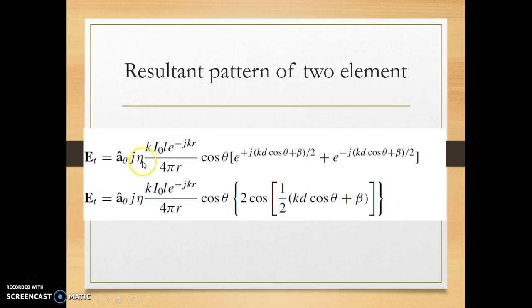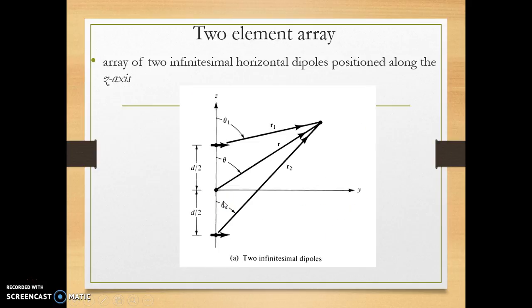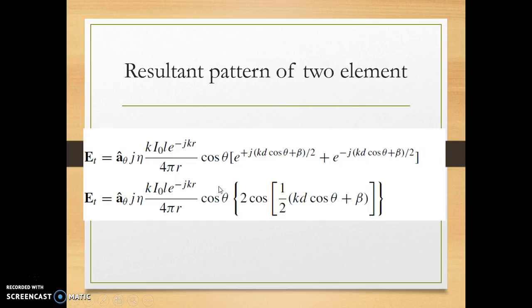So when we look at the present case of the horizontal, we will conclude that the total field will be given by K times I0L e raised to minus jkr divided by 4 pi r cos theta, where theta is the angle subtended here between a line joining from point of consideration to the origin and the z-axis, and the distance r is the distance from point of consideration to the origin, which is a middle point between two elements. I0 is the excitation of the current, K is a constant,